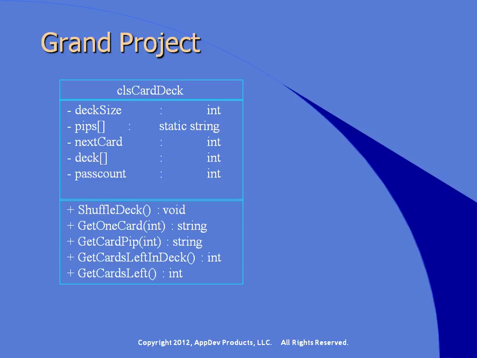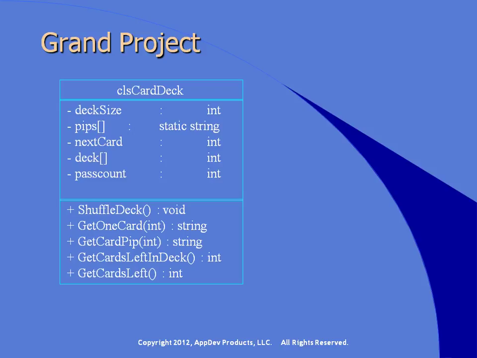The second thing that I have in the property list is pips. Pips refer to the visual representation of the card. There are graphic drawings for each of the cards in a deck of cards readily available. In fact, Microsoft provides those. I just didn't want to take the time to look it up, to tell you the truth. So I just made my own, and it's pretty simple, and you'll see how it looks. I've made it static,